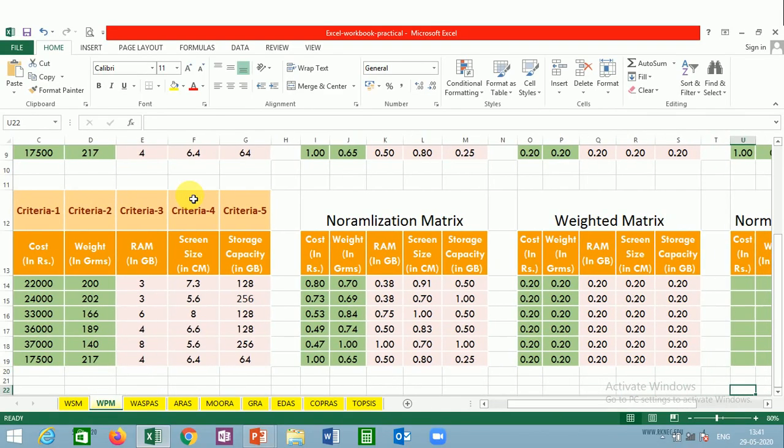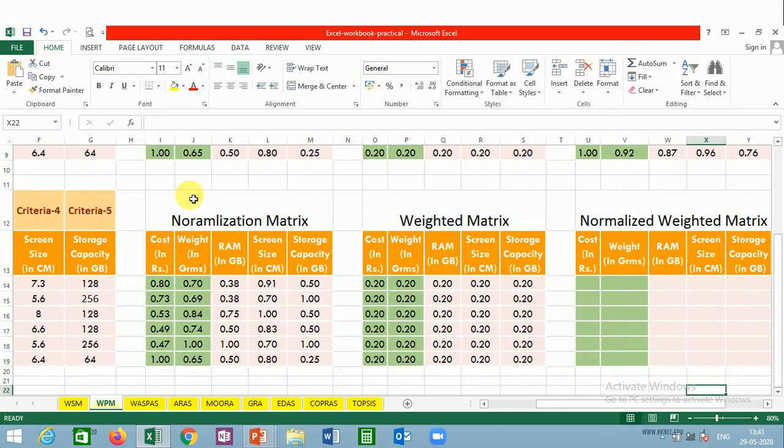Now the weight matrix. Since we have the common weight, an equal weighted method is being applied. There are 5 criteria, so every criterion will have 0.2 as its weight. If you select all these weight values, you will see that the sum is equal to 1. You can change all these weight values as per your own convenience. The only thing is that if you change it here, the same value will get carried to all the cells present there. So we will make that change also and see whether it affects the result or not.